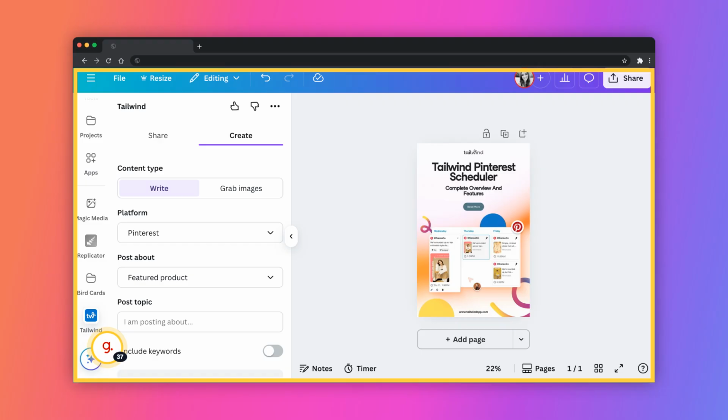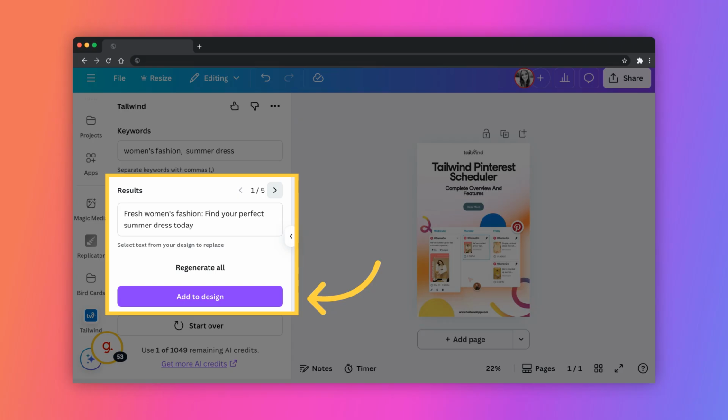In the Tailwind Canva app, you can also use the Create tab to generate copy for your designs. Once you enter the topic and optional keywords, click Generate to view the 5 results. You can click through the several provided options, then click Add to Design to add the copy to your Canva